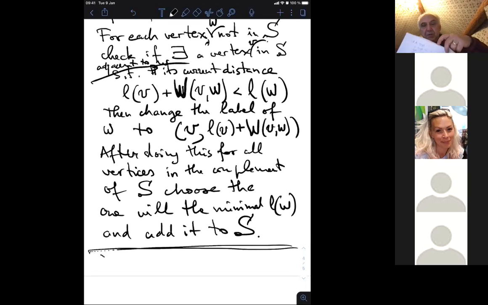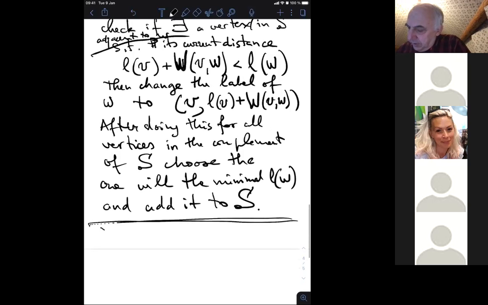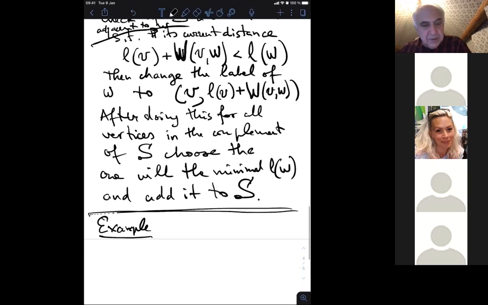Okay, so let me show you how this works in practice. I have 3 examples here, maybe. Let me start with the simpler one. It's really a simple algorithm. I think when you work it out for a couple of examples, you'll immediately understand